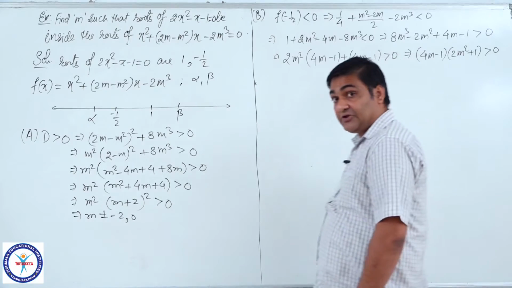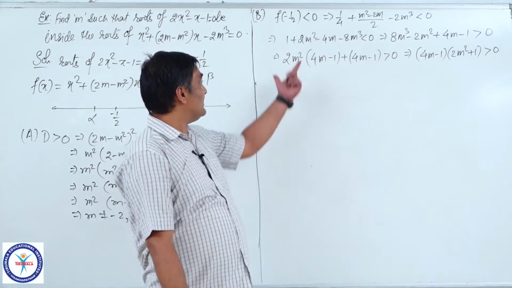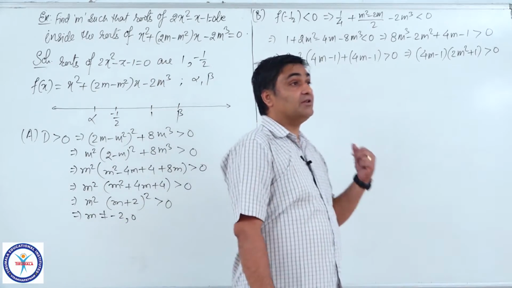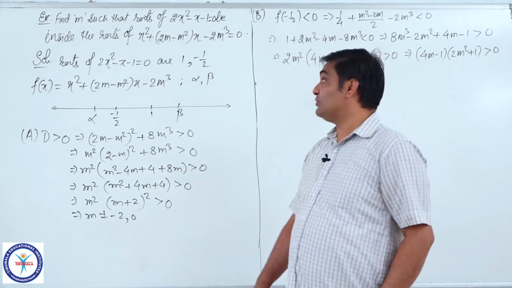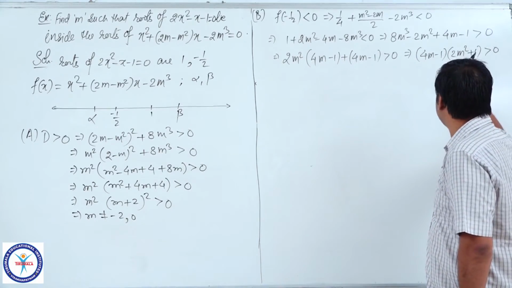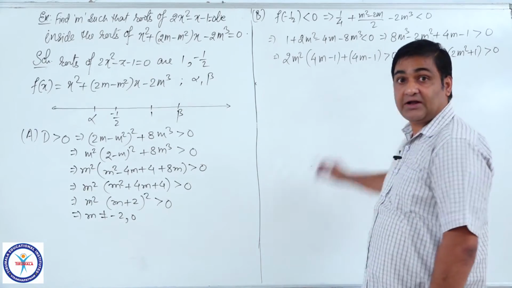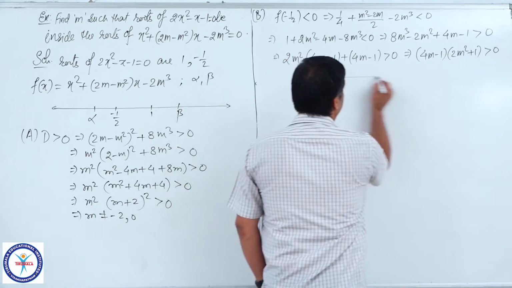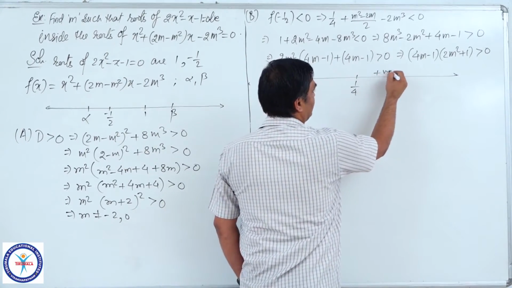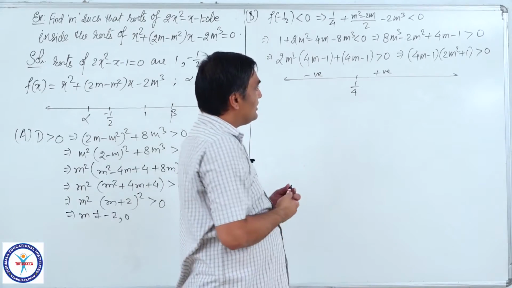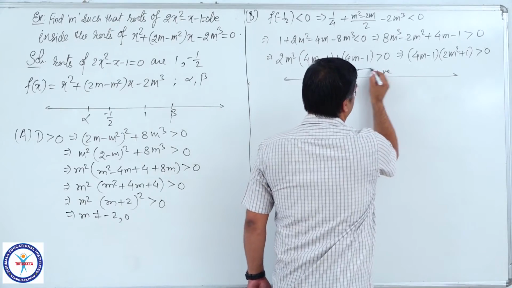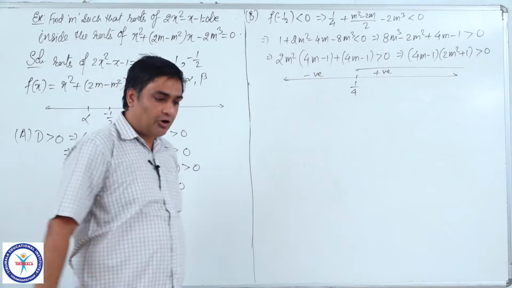See, factorization is important over here because for finding the roots, there is not any general formula like the quadratic for the roots of higher degree equations. Now, from here we will get 1 by 4 as a root, and from here we are not getting any real root. So, the sign scheme is: we write 1 by 4, positive, negative. Now, we need positive, which means like this. This region we have obtained